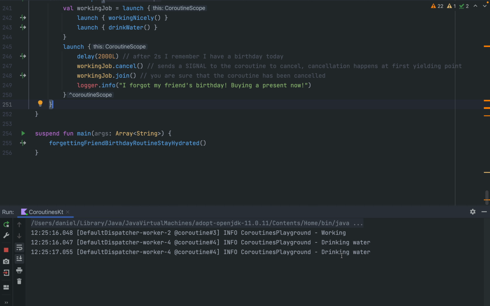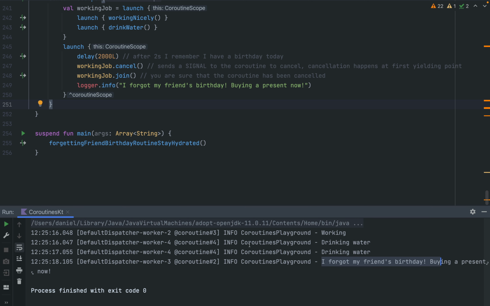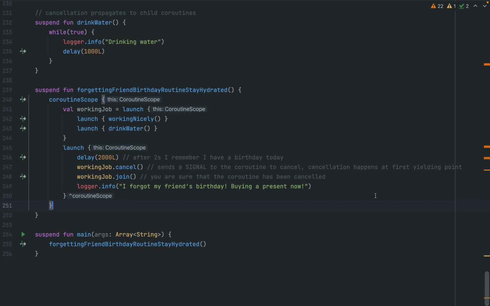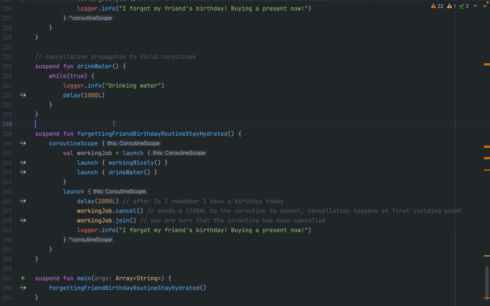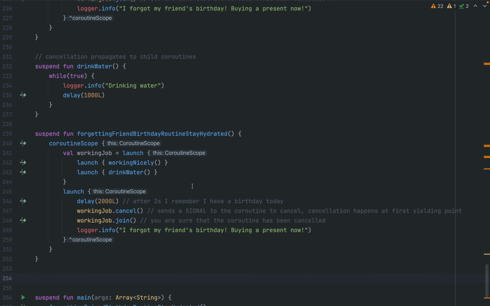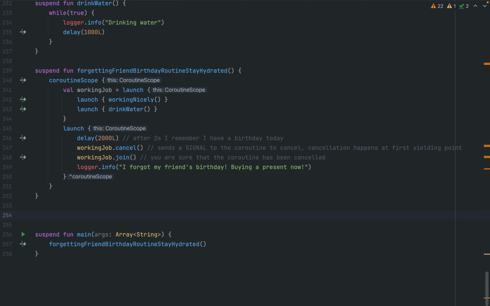So drinking water, and after 2 seconds, I forgot my friend's birthday, and the application is fully stopped. All right. So this makes perfect sense. If you want to cancel a parent coroutine, it will naturally cancel all the child coroutines as well if you nest your coroutines. Now, one last bit that I want to talk about is